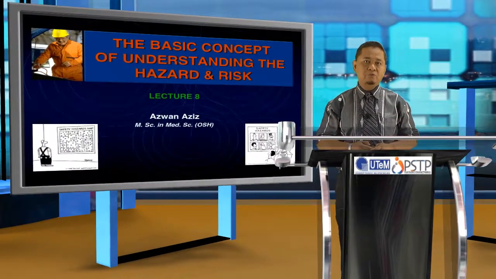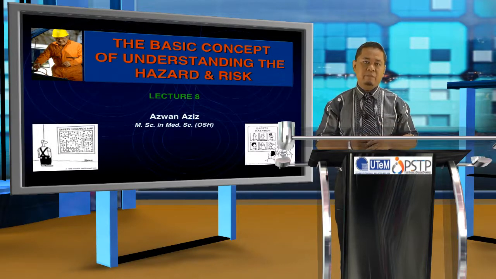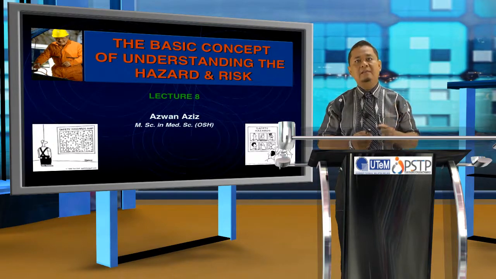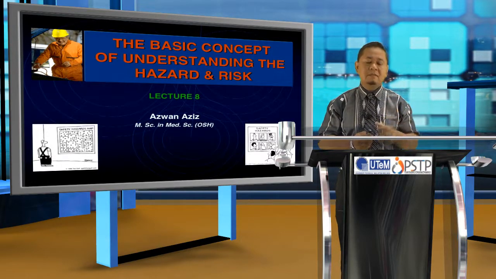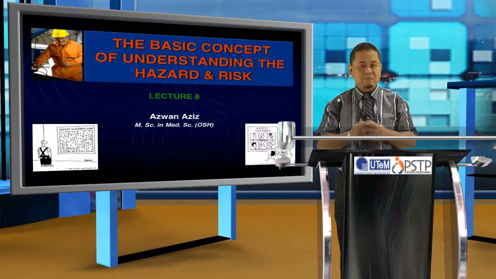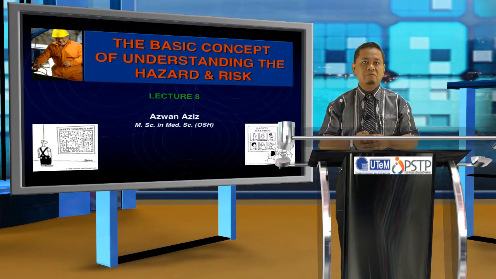Today, students, we will teach you a new chapter in occupational safety and health. Previously, we already discussed chapter 1 to chapter 7 regarding engineering ethics. As you know, as an engineer, you need to know first what hazards arise in the workplace when you work in the industry, and also try to identify whether these hazards can potentially cause risk to the workers themselves. So today the topic is very simple: introducing you to the basic concept of understanding hazard and risk.